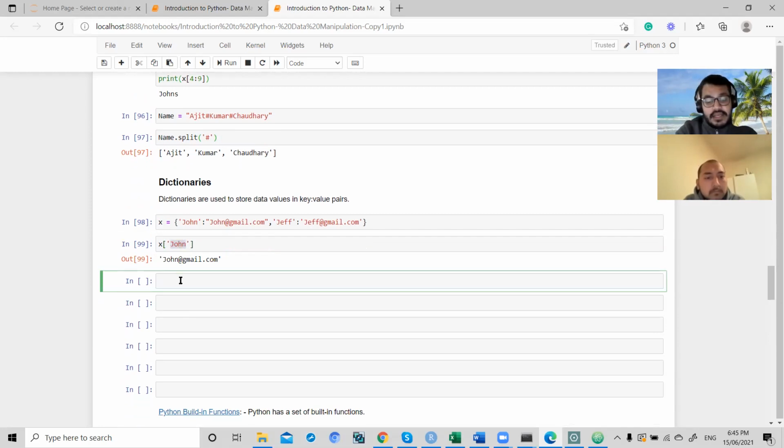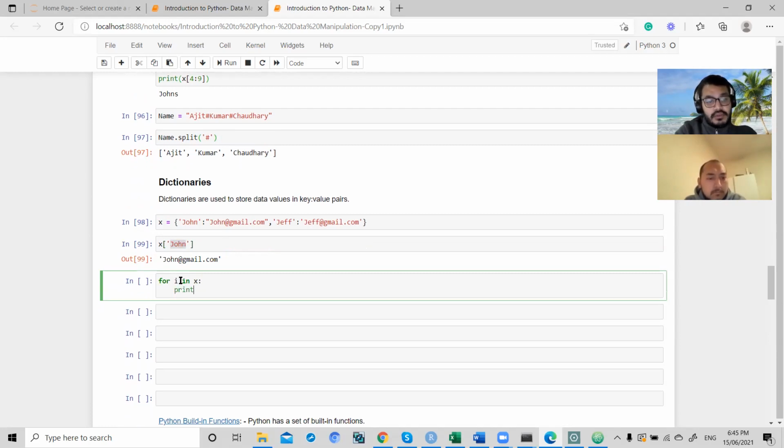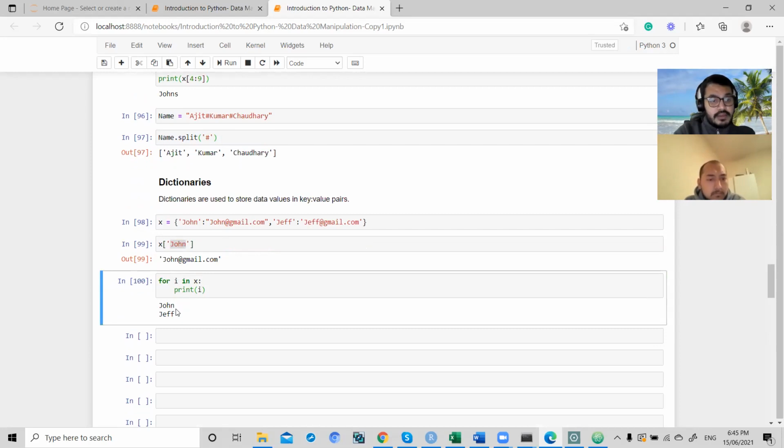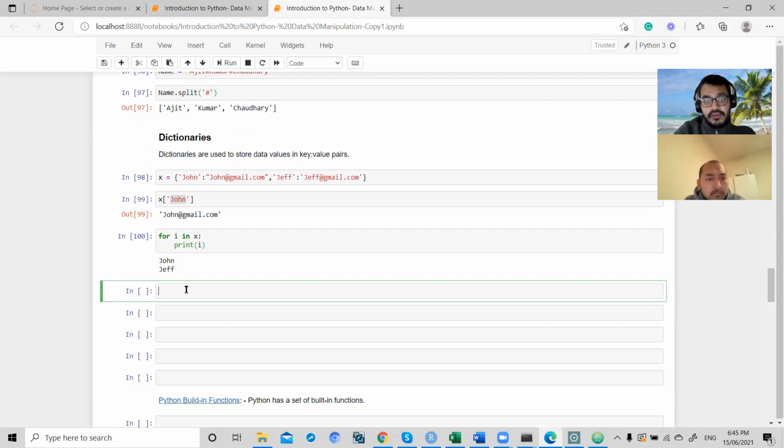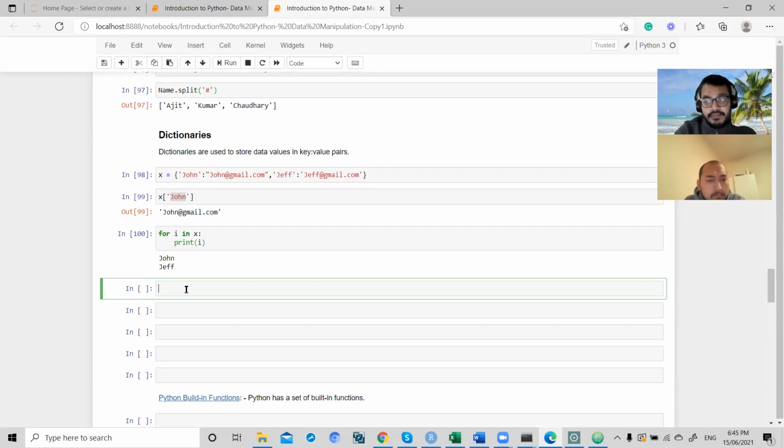To iterate, we can use a for loop: for i in x, print i. This will give all the keys. If you want the value too, we can use key comma value to get both key and value